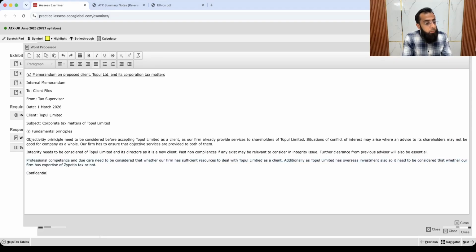Confidentiality needs to be considered while accepting Topul Limited as a client, that no confidential information of the shareholder of Topul Limited or Topul Limited itself gets exchanged or shared